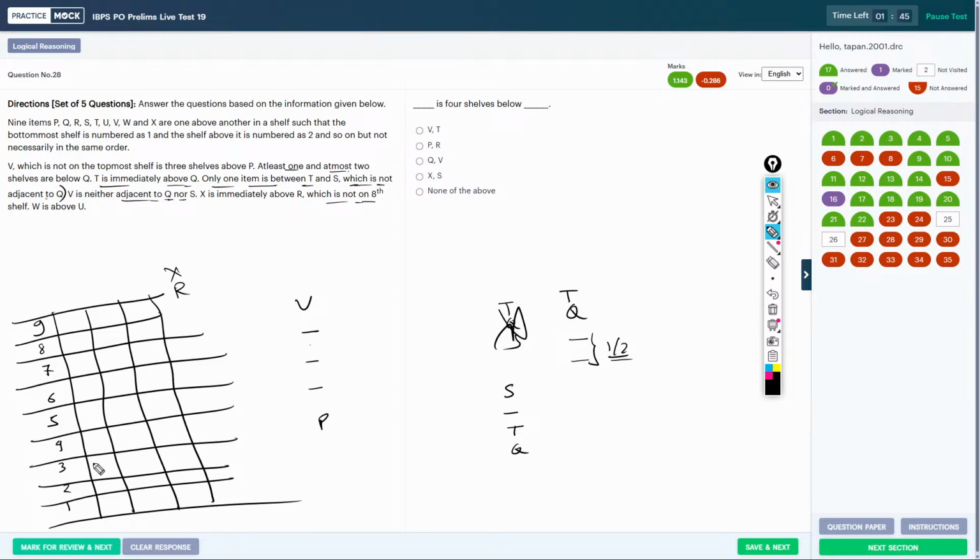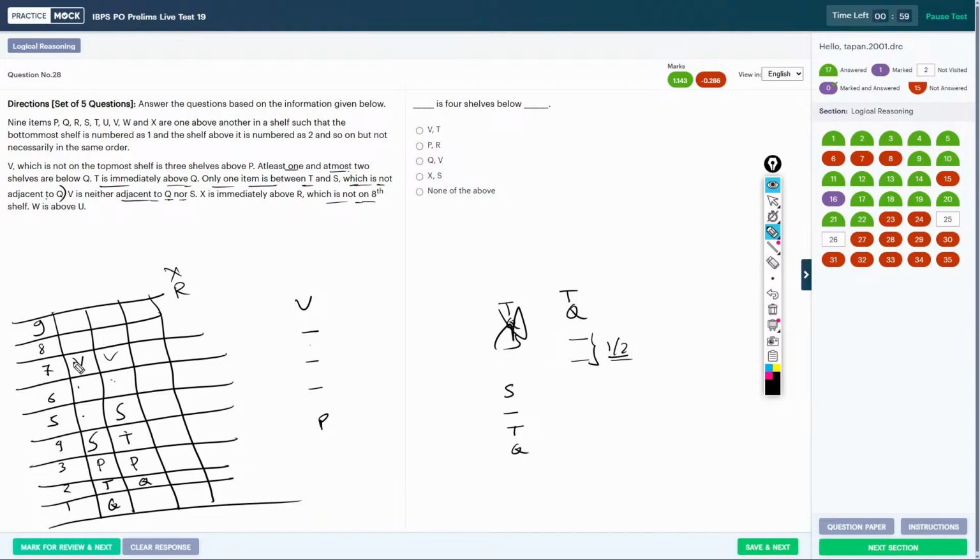Okay. So STQ, STQ or STQ. And they said that V is not adjacent to S. So V not adjacent. 1, 2, 3, P, V: 1, 2, 3, P is not possible. So this is the scenario. But no. Then P here. 1, 2, 3, P here. And R